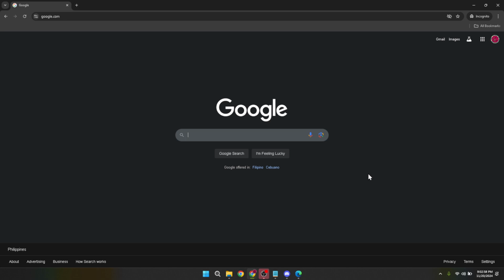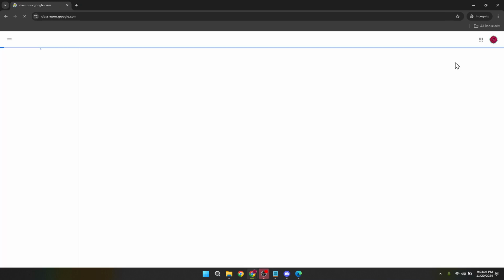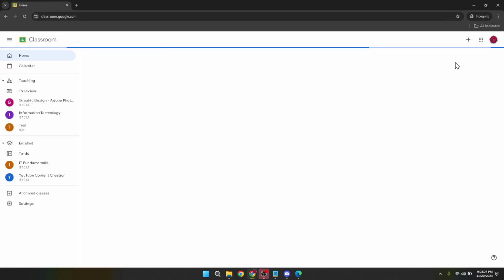That's our destination. Once inside Google Classroom, navigate to the Home page. You can ensure you're in the right place by checking for the Home tab at the top of the page, or simply visiting the provided classroom.google.com/h link. This page is where all your classes are listed, waiting to be organized.